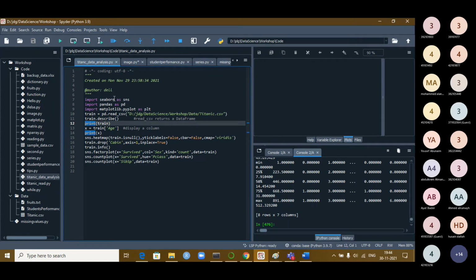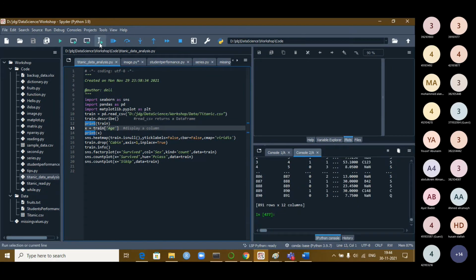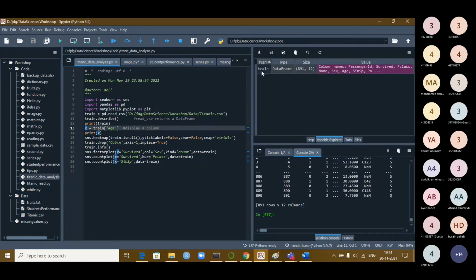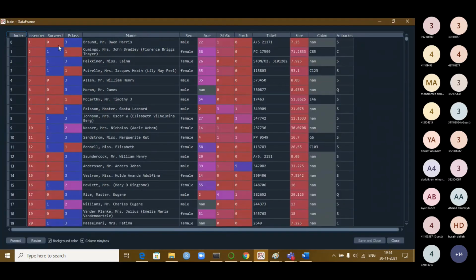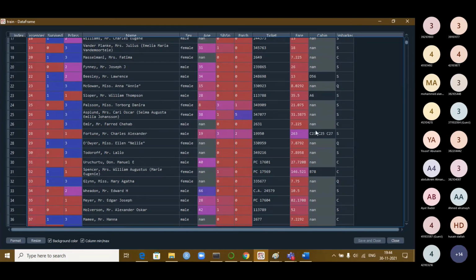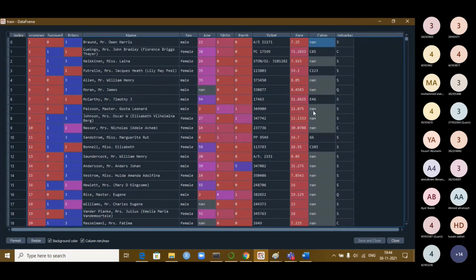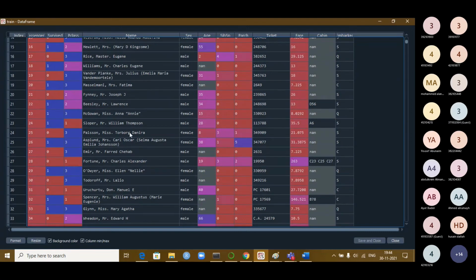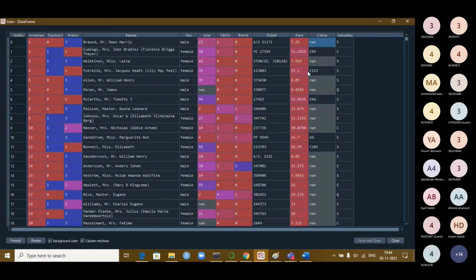Then let us show the data set which is available. It's already loaded here. The train data set is available in the memory. Before, I have shown you here. So this is your data set. You see NaN is available in the age. You see cabin, mostly NaN. You can observe here, cabin is mostly having the NaN values. By observing physically like this, you can know which columns are mostly missing values. That can also be done. But graph is easier.